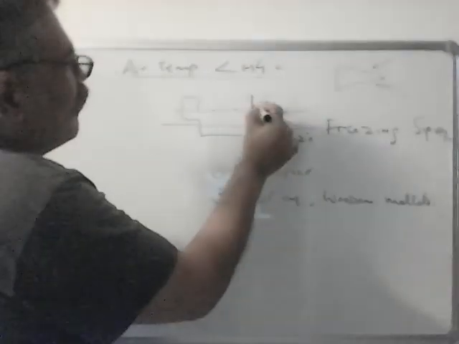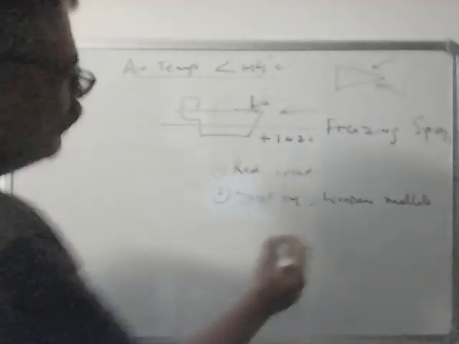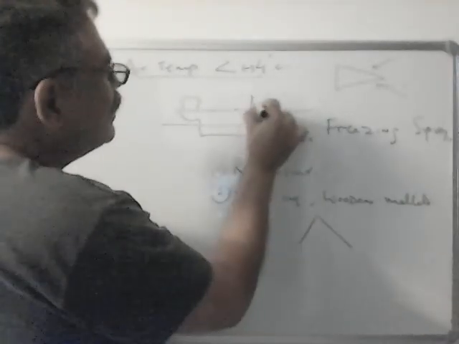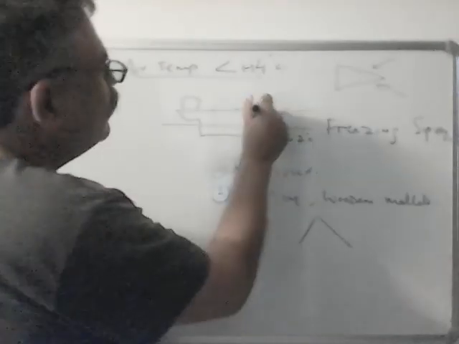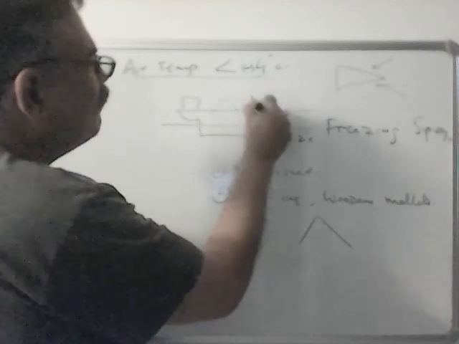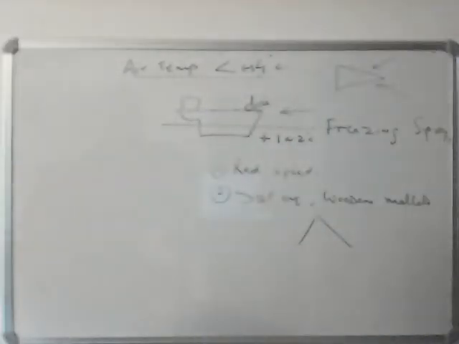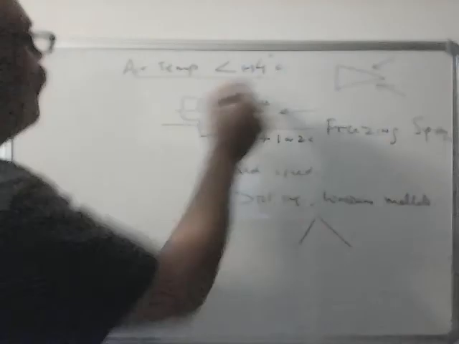Because if you have a lot of ice here from freezing spray, then you have two types of problems. One of them is your windlass etc. gets covered with ice, and the second problem is the weight of the forward part of the ship becomes so high that your forward draft may increase. So you have to stop the ship. So this is about freezing spray.